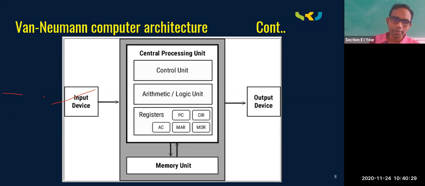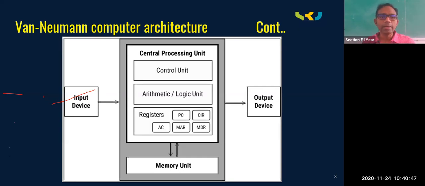You are printing a document. Now that printer is also called an output device. Anything that comes out of the CPU or out of the machine, the computer, is called an output device in any form. So coming to the middle part, the most important one, it is the central processing unit.